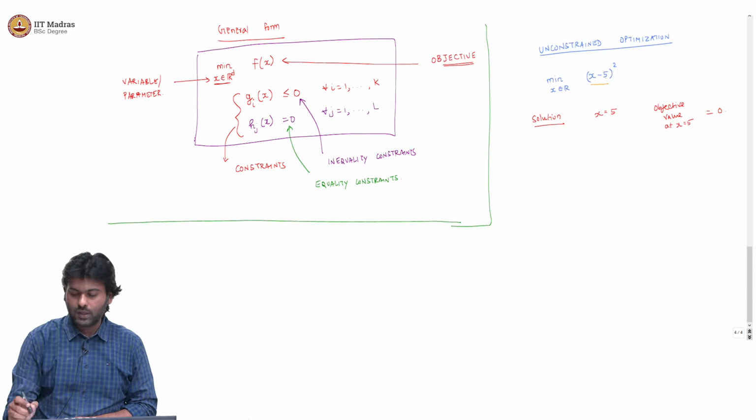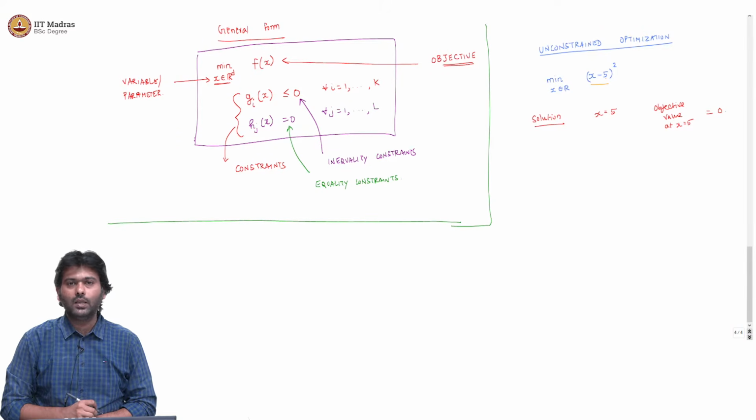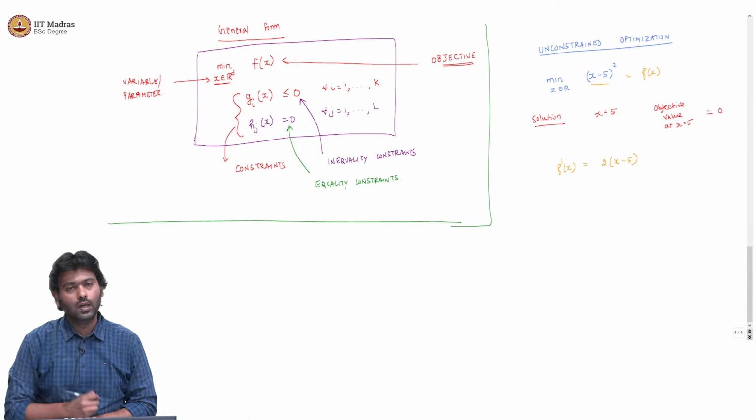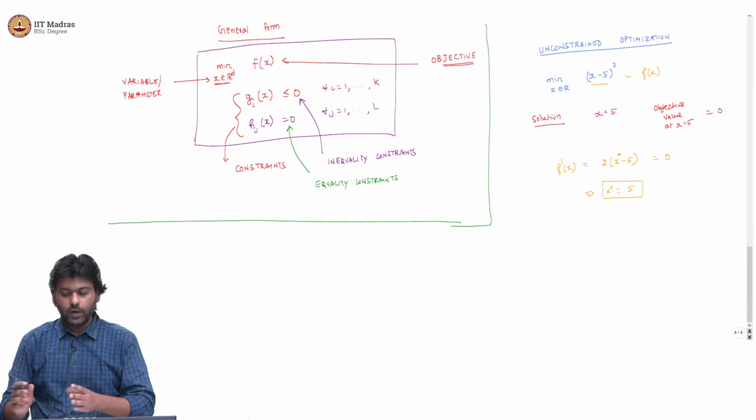Well, we will think of this as f(x), and we would compute the first derivative, f'(x), which would be 2 times (x minus 5) in this case, and set f'(x) to 0. The x star where this becomes 0 is the optimal value, and that is just 5. This is a perfectly reasonable way to solve this problem,